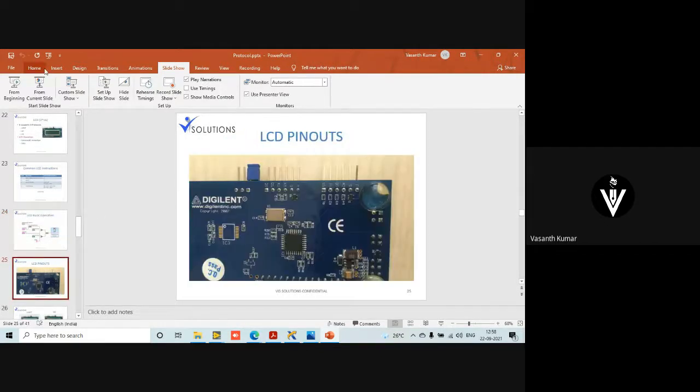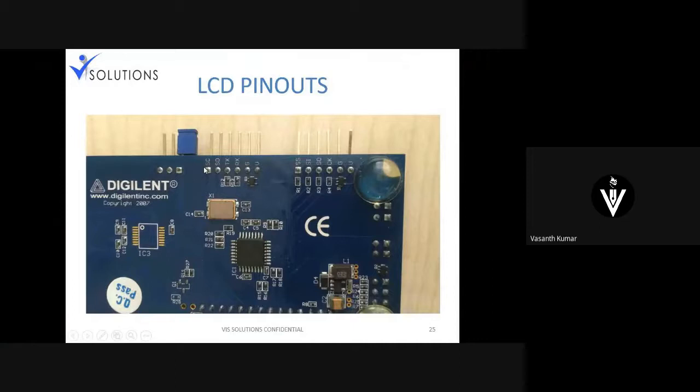Okay, coming back to here. Just watch here. I'm just showing the pinout connection. The back side of this, you can see the pinout connections. I just took a photo and uploaded it here. If you're using SPI, you will be using these pins, because you have slave in, slave out, clock, chip select, everything you have here.